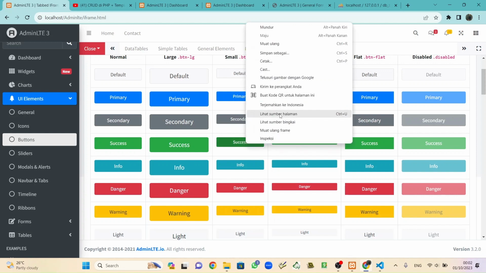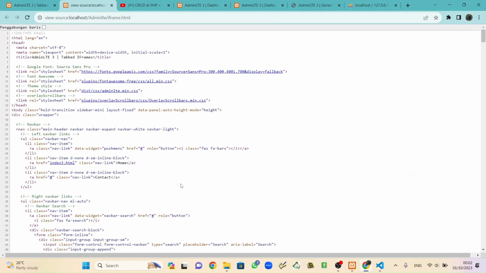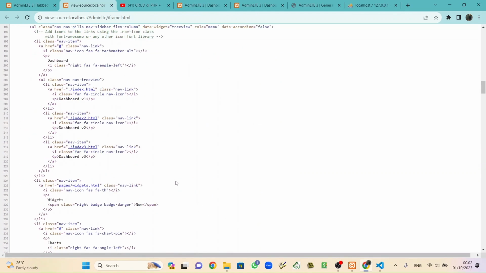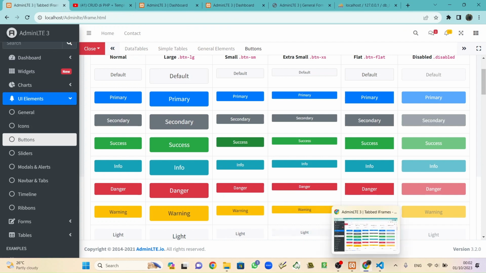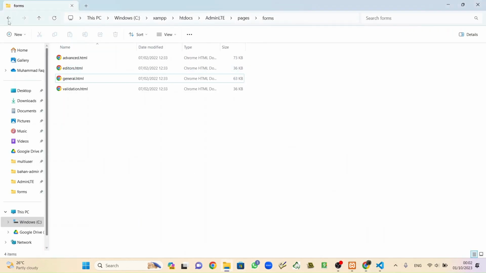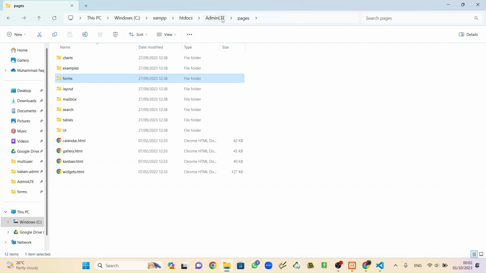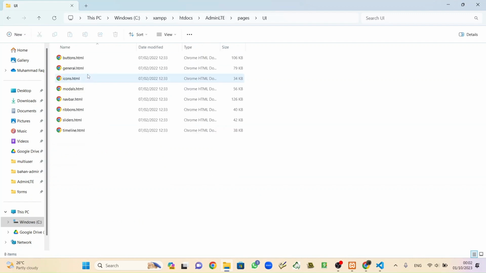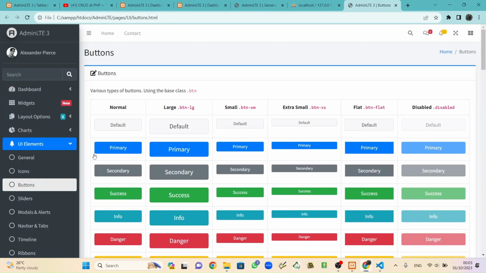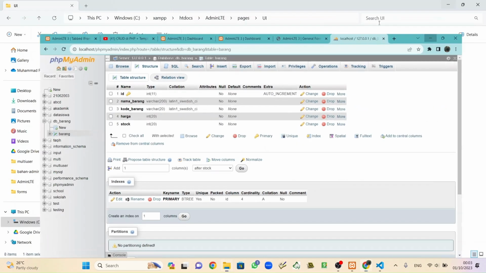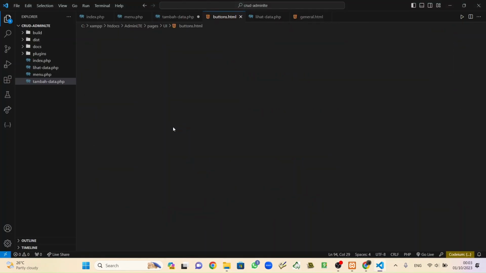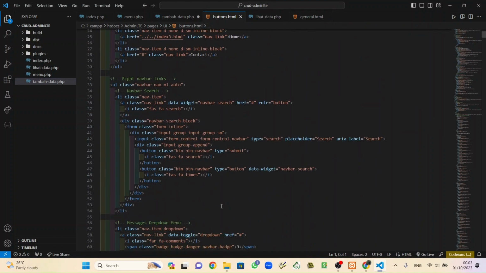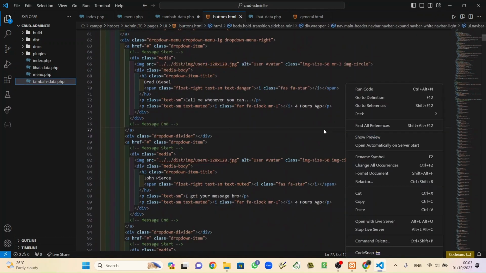Just this, and view the page source, but there is a lot to check, so we can move to this AdminLTE, but add UI and buttons. Okay, I'm sorry, not this, but Visual Studio Code. Open with Visual Studio Code and search for success.